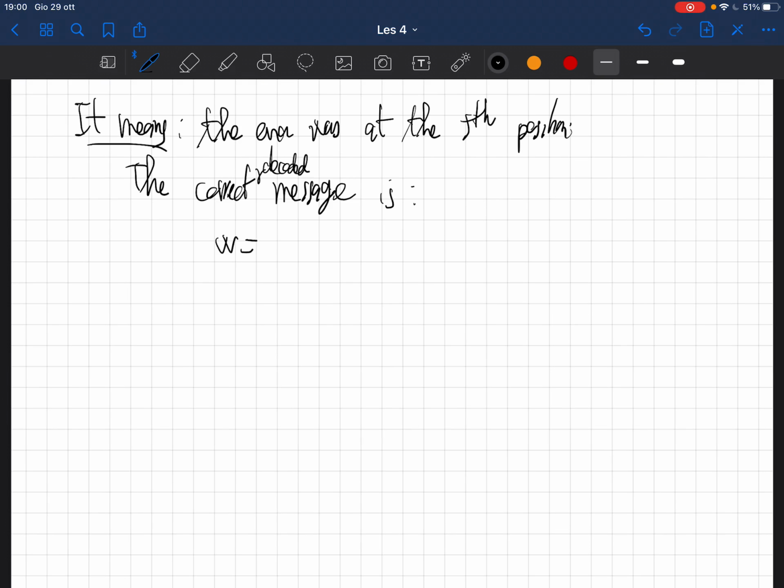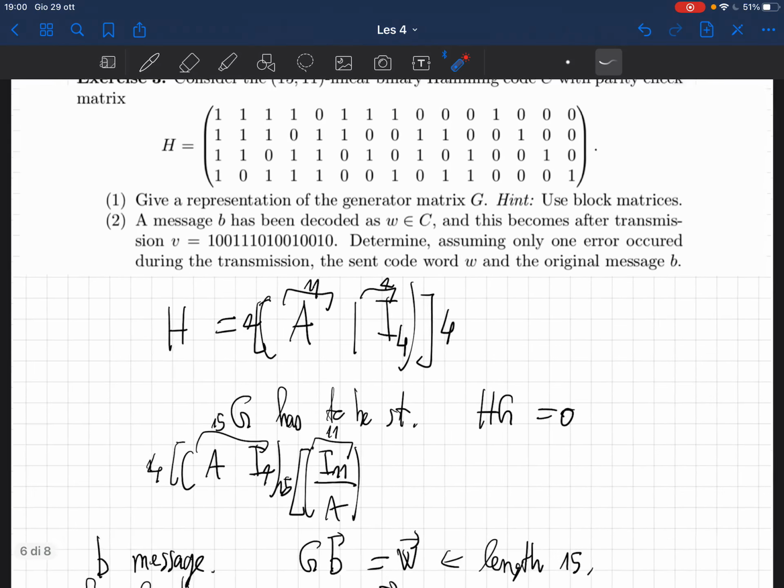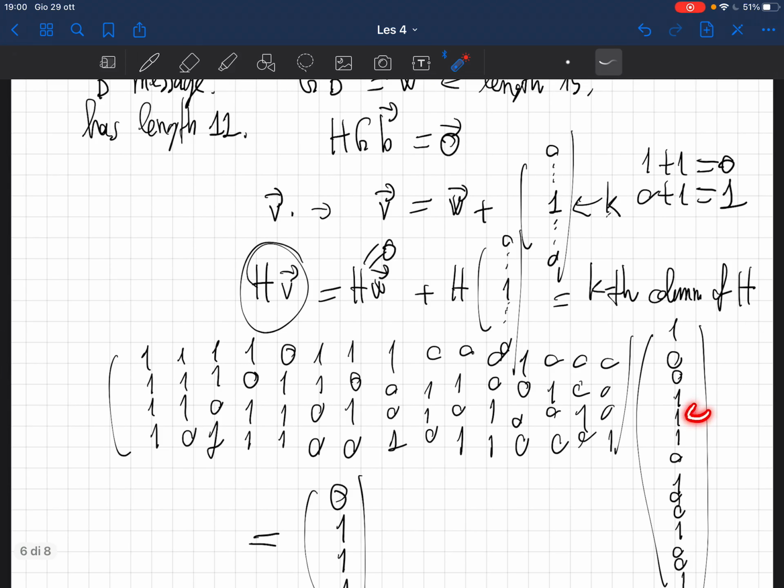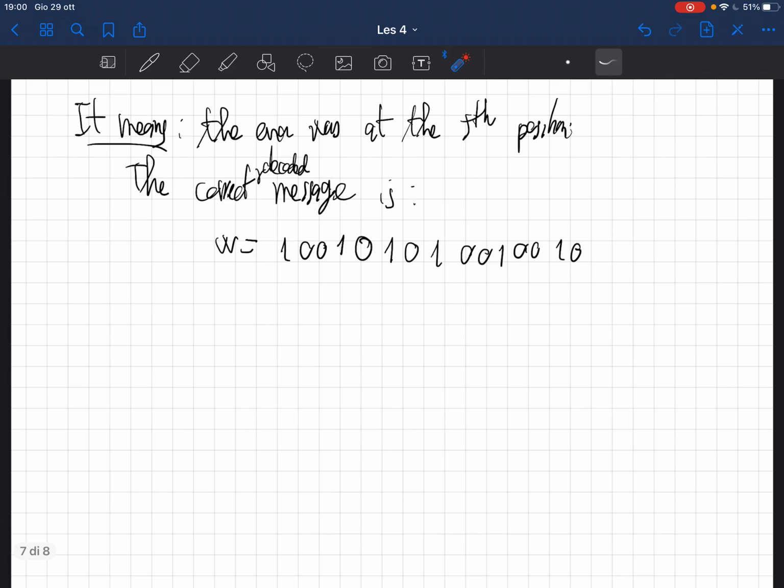So it's 1 0 1 0 0 1 0 0 1 0. It is what it is. It's not really important. So the fifth place, that was a 1 before. So here, see this. So we changed it, and we have a 0 instead. So this is the correct decoded message,